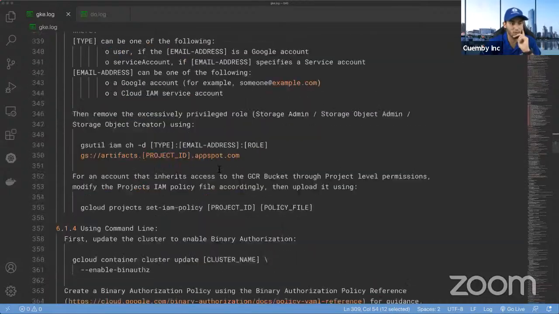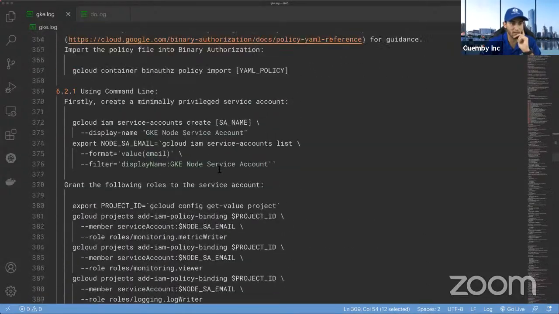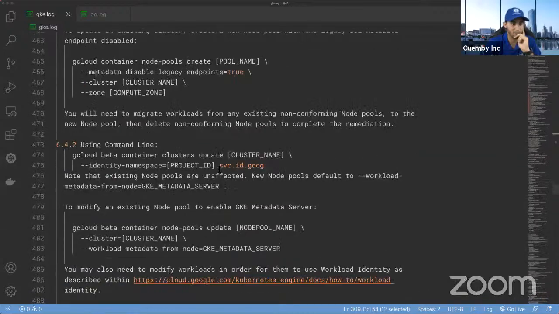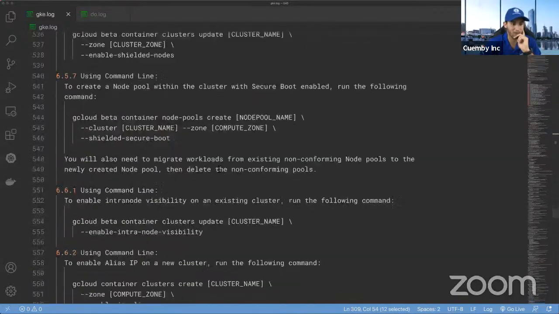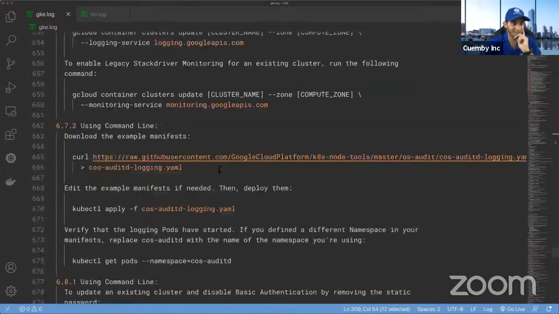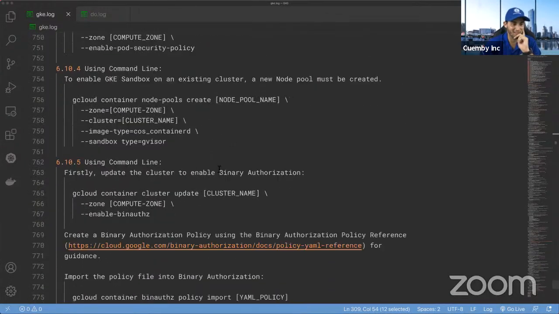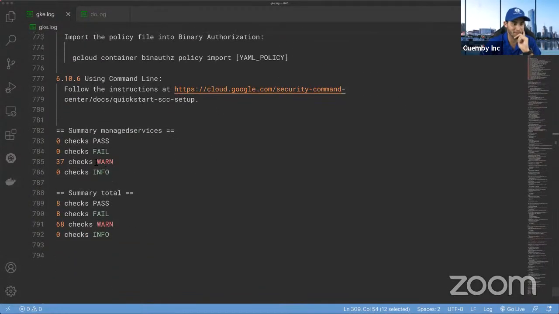It's telling you what to do in the project so you get better security. So let's see what the results are. Oh, wow, there's a lot of them. So basically I didn't do anything for this project default. So it's telling me 37 ones. There you go. All right, sounds good.